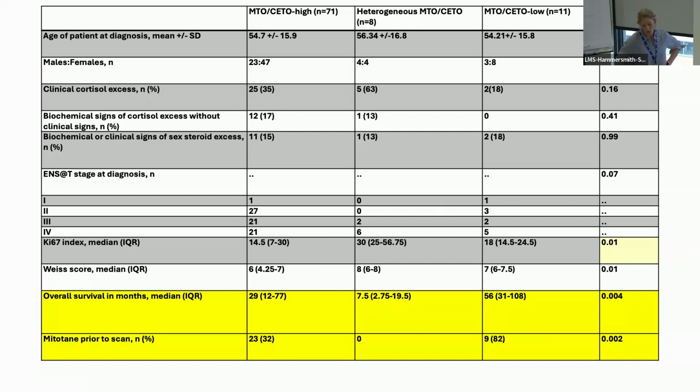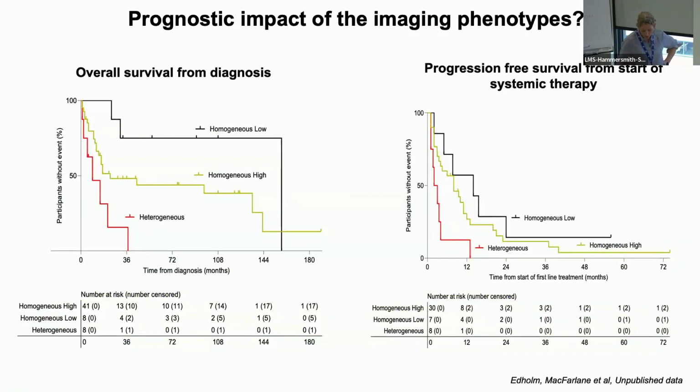But what we wanted to do, although numbers were small, was to try and determine if there was any prognostic impact that we could ascertain from these imaging phenotypes. And what we did is we looked at overall survival from the time of diagnosis across the three imaging phenotypes. And we saw that those patients who had a heterogeneous imaging phenotype had a much shorter, or poor, overall survival. I should also mention that in this analysis, we excluded all patients with ENSAT stage 1 and 2